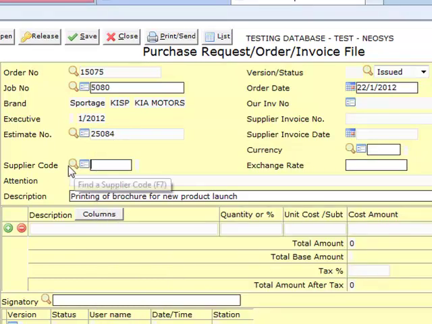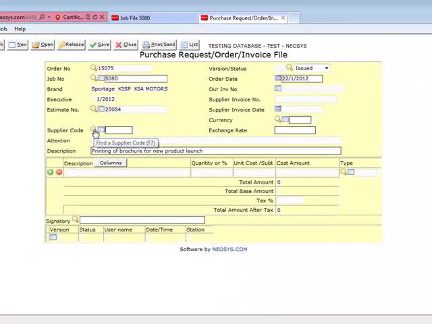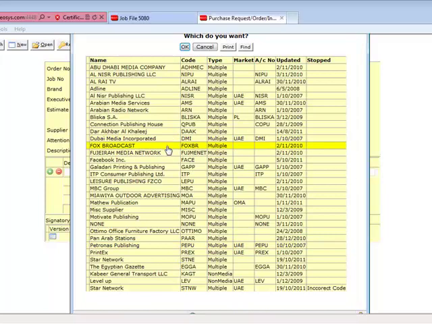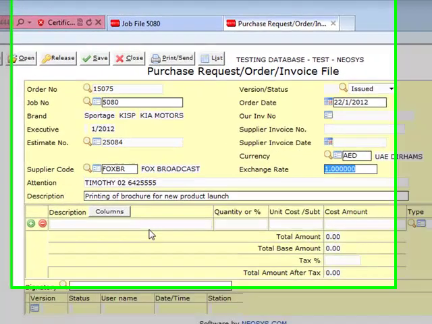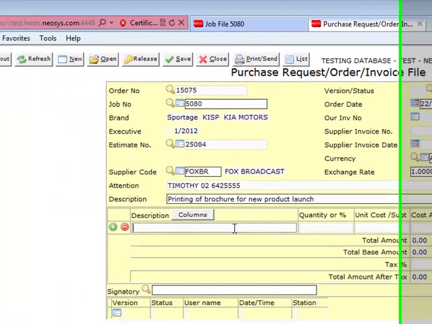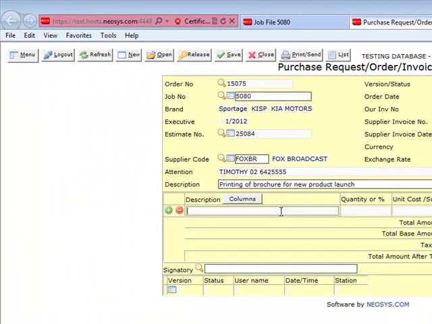These are mandatory fields. The supplier code is a mandatory field, so you search. It brings up your suppliers here, so you can click whichever supplier you like to. Okay, and then you can start typing exactly here like you did in the estimate screen. If you don't know how to do the estimate, please refer to the other video. So I say printing of brochure,